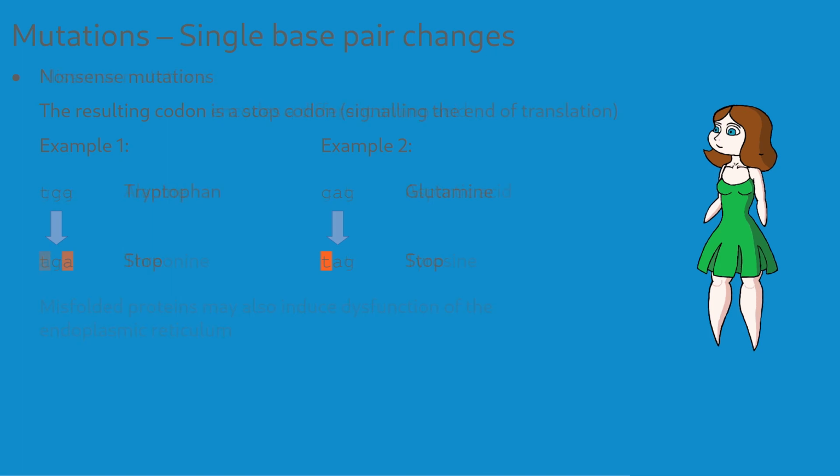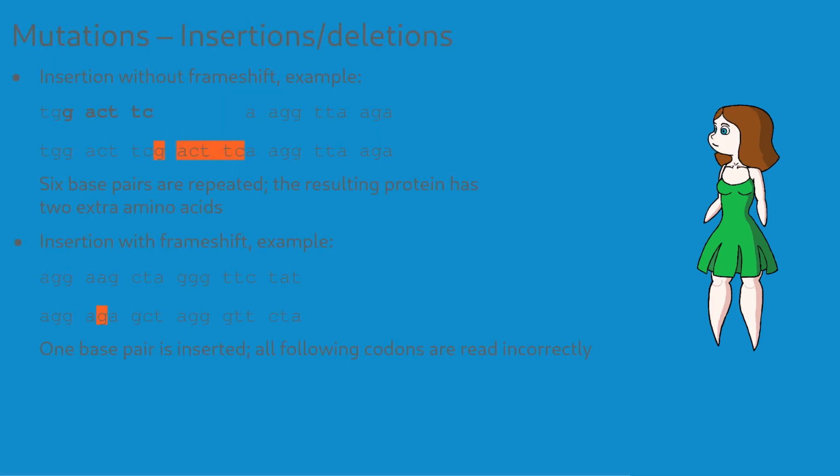In some other cases, such a mutation creates a new stop codon in the middle of the gene. Stop codons signal the end of RNA translation. The result is an incomplete chain of amino acids that usually cannot be folded into a functional protein. Those are nonsense mutations. Other types of mutations include insertions and deletions. An insertion or deletion of even a single base pair can cause a frame shift, meaning that all the subsequent codons can no longer be read correctly. These types of mutations often completely prevent the production of a protein.